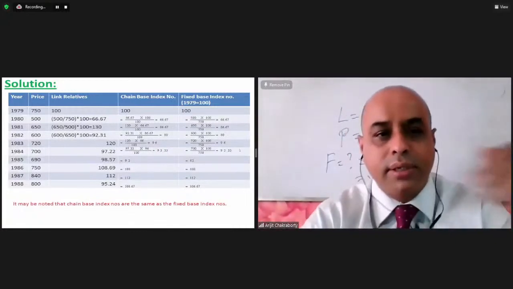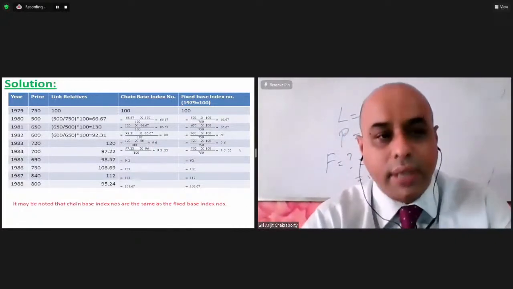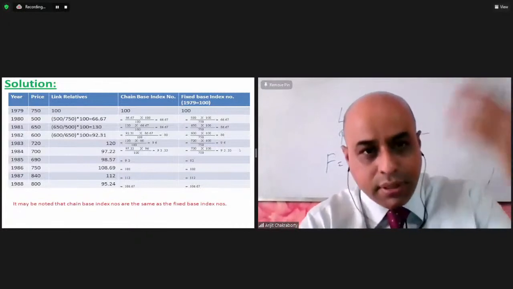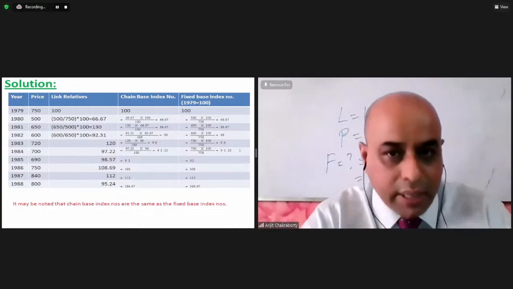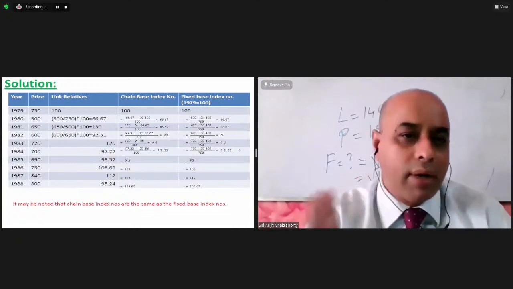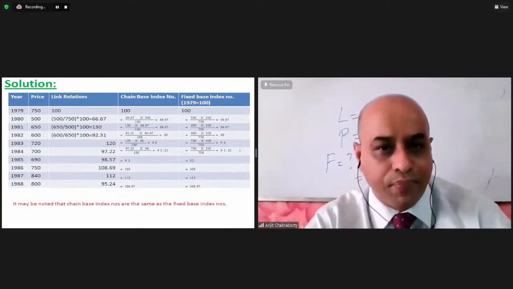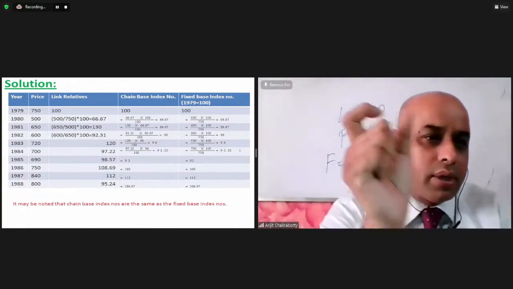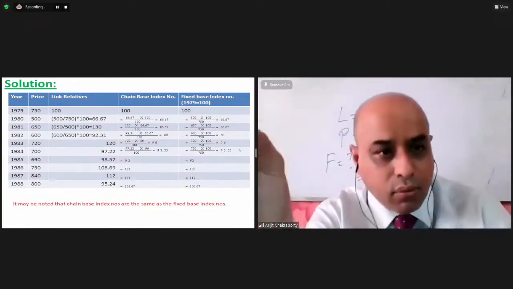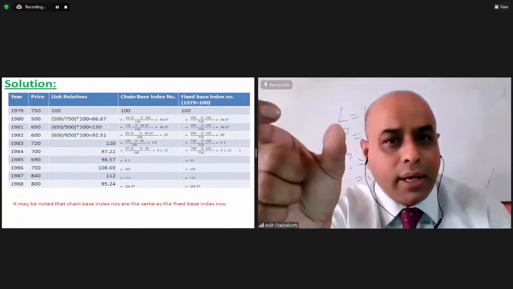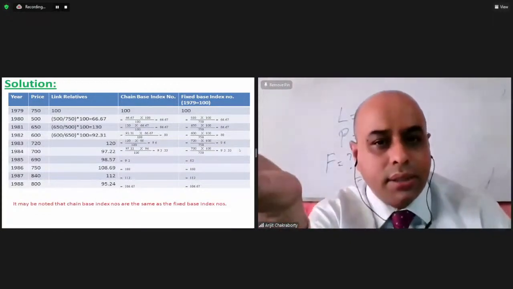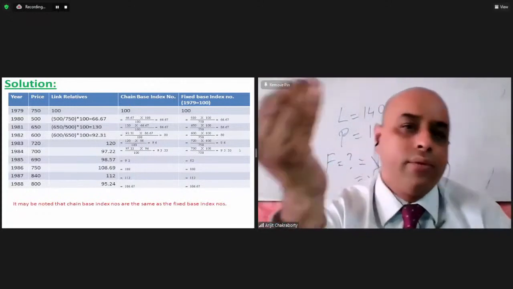650 by 500 into 100, we are getting the link relative. So the link relative is done successively like this, year on year, and then we get the chain base index number when we multiply the link relative. Say we are taking 1981. So for 1981, the link relative is 130. We are multiplying that with the link relative of the last year, that is 66.67, and we are dividing it